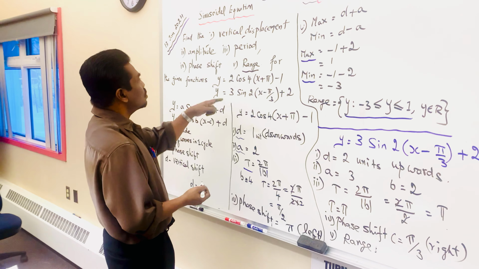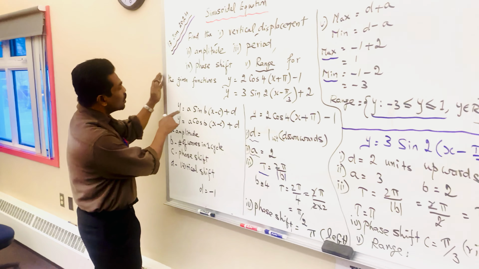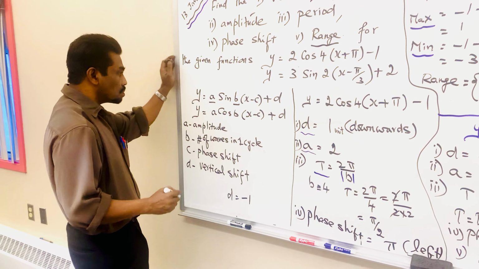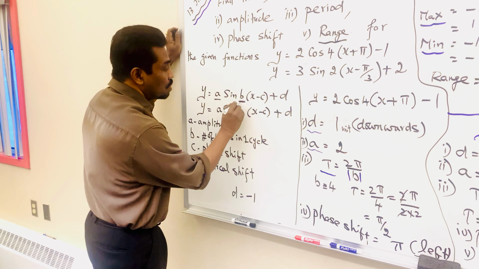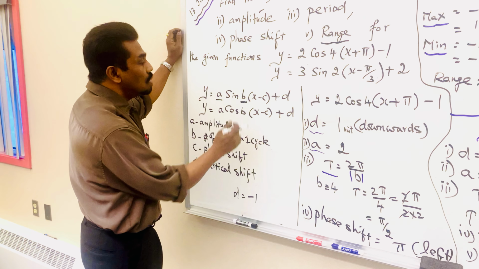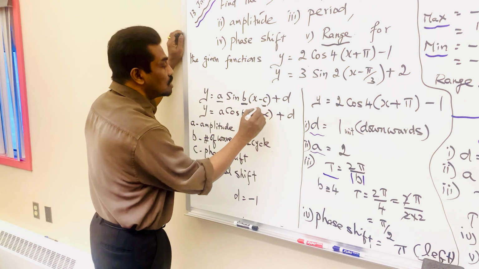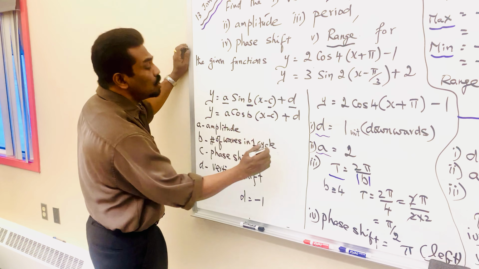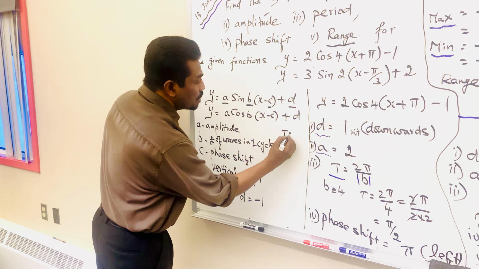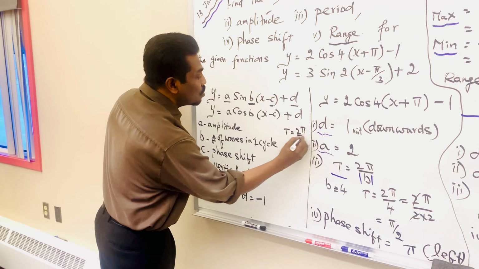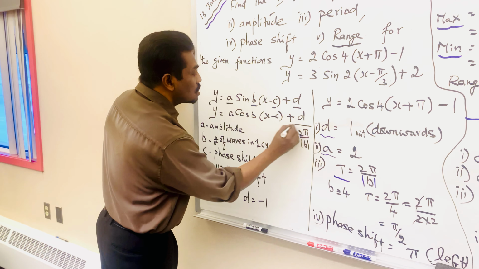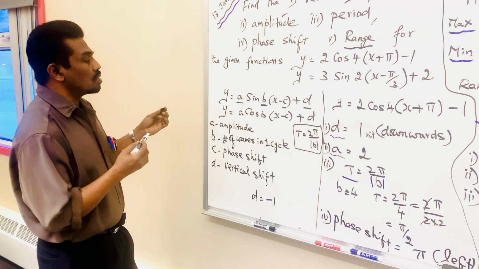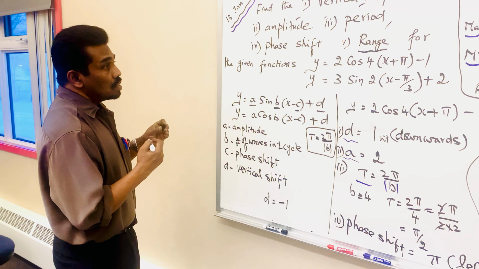So the general form of the equation, once again I will explain to you: Y equals A sin B(x minus C) plus D. A is the amplitude, B is the number of waves in one cycle, C is the phase shift, and D is the vertical displacement, and B will be useful to calculate the period. T equals 2 pi over mod of B. So this is an important formula to calculate T. This will be helpful for